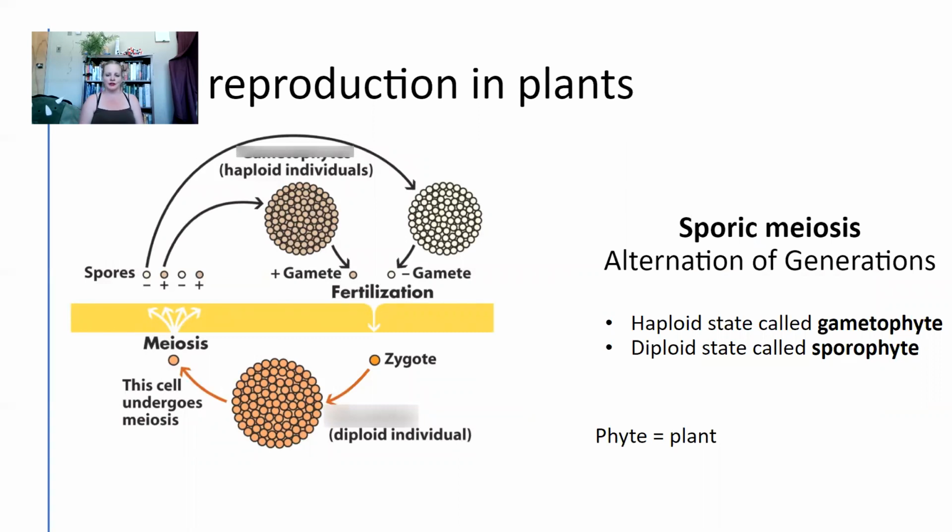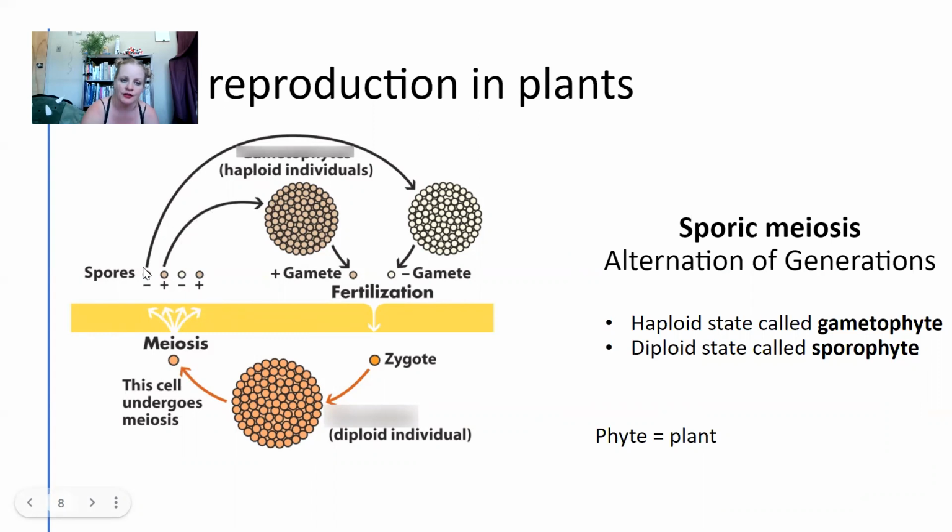So in plants, we see this weird thing. We have sporic meiosis, or an alternation of generations. Again, you'll cover these details when you get to 182, but just to plant this in your mind, because this is one of those weird things that plants do that a lot of students have a hard time with. If you pick your favorite plant, let's say a saguaro cactus, because here we are in Arizona, that is a diploid multicellular individual that has specialized cells that undergo meiosis to make haploid spores.